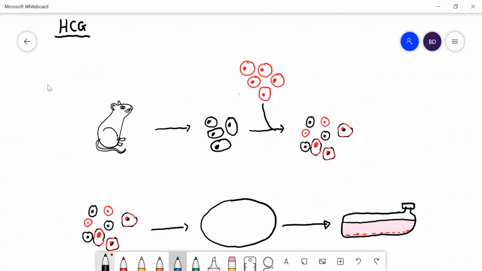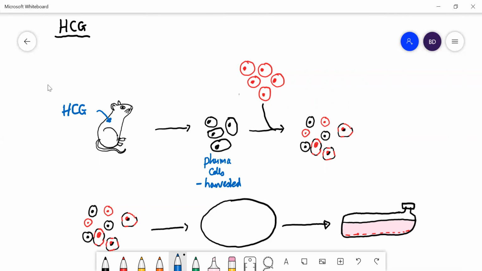So that's a protein. The HCG is purified, and it's introduced into a mouse. Now the mouse will recognize that protein as being foreign. Its lymphocytes will divide, and you'll end up with a load of plasma cells, which are making antibodies to that protein. Each one of those plasma cells may be producing a slightly different sort of antibody, but they all recognize the protein. So these plasma cells are harvested from the mouse blood,